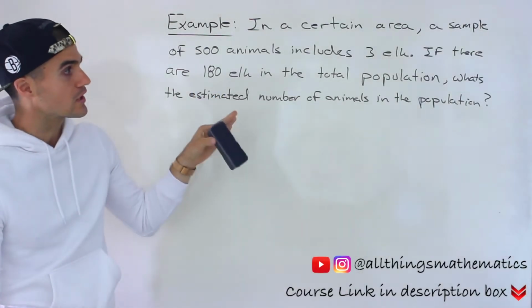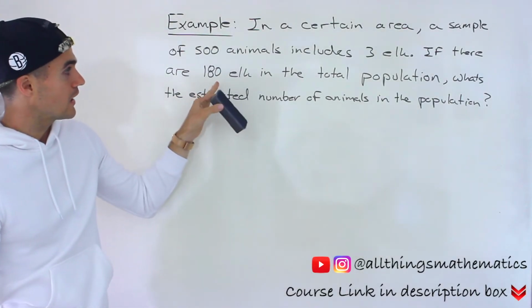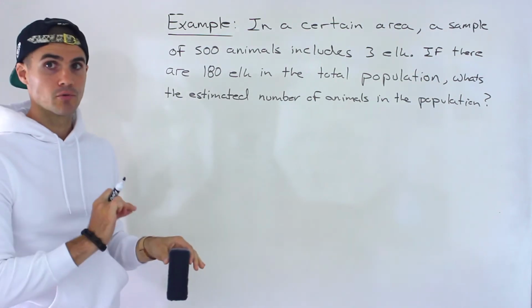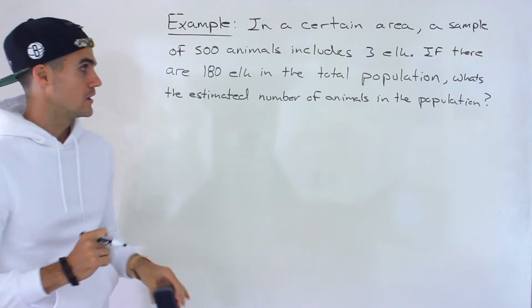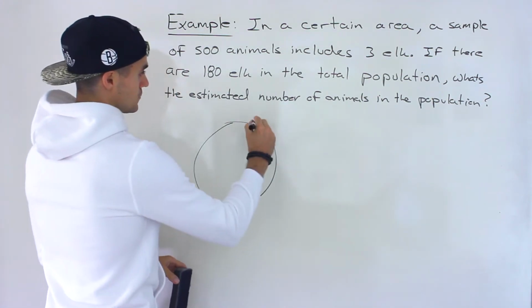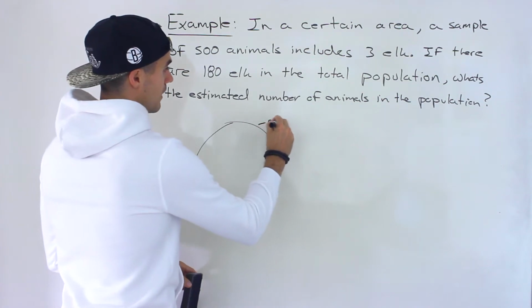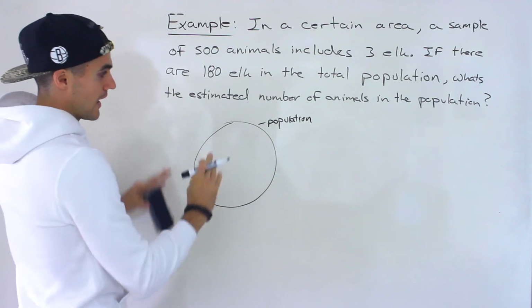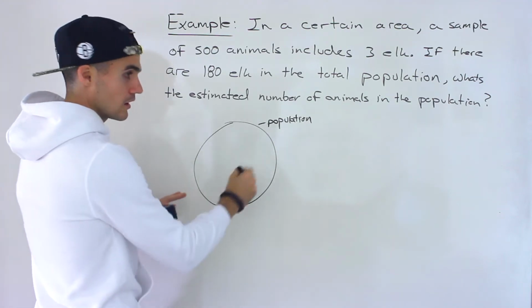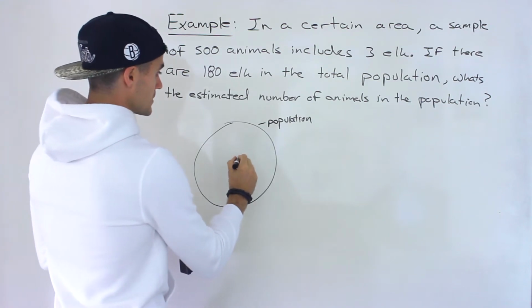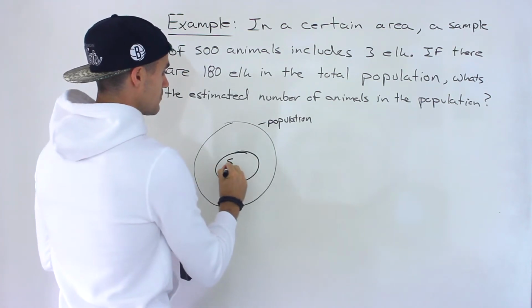In this next example, we're told in a certain area, a sample of 500 animals includes 3 elk. If there are 180 elk in the total population, what's the estimated number of animals in the population? So this here is an intro to some stats concepts. What's happening is we have an area that is going to have a population of animals here, and then part of that population includes elk. And so what happens is we're told that if we take a sample,